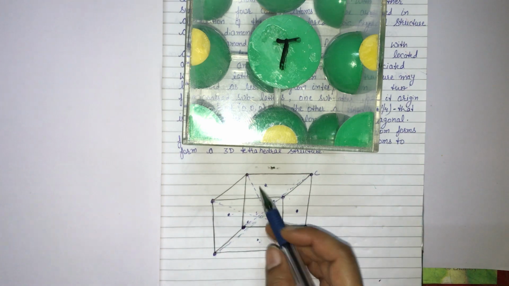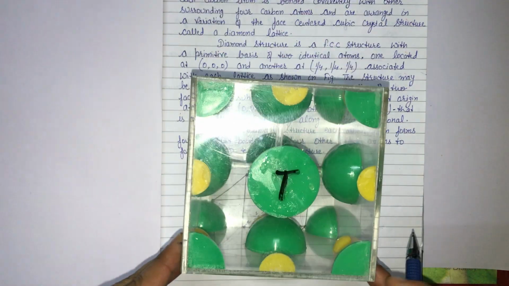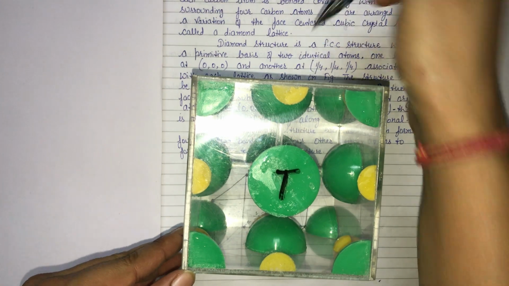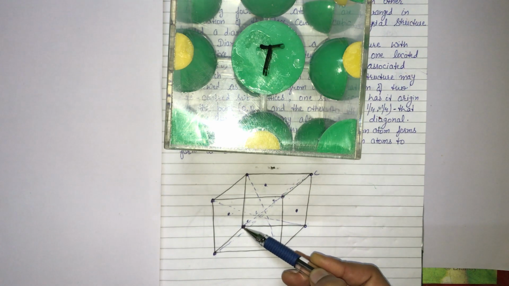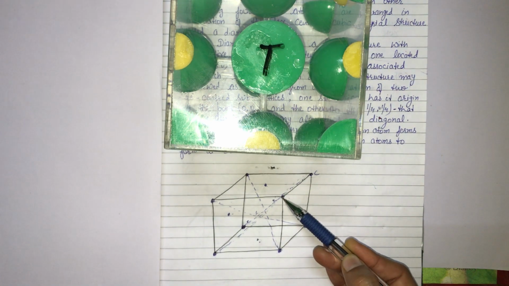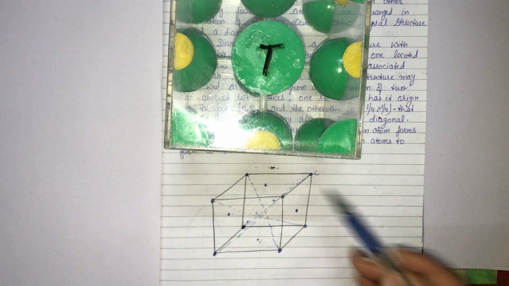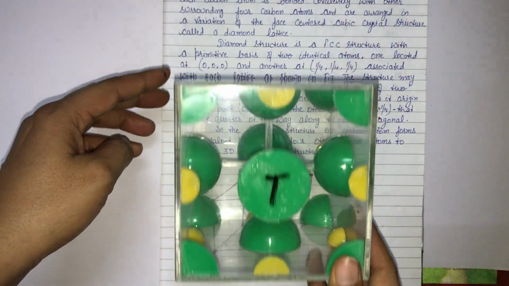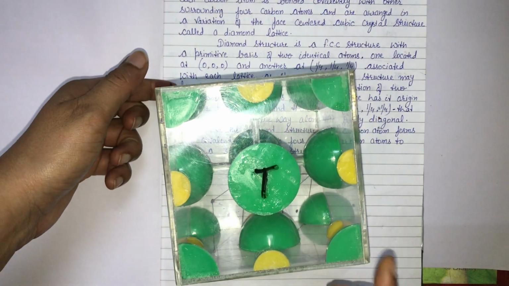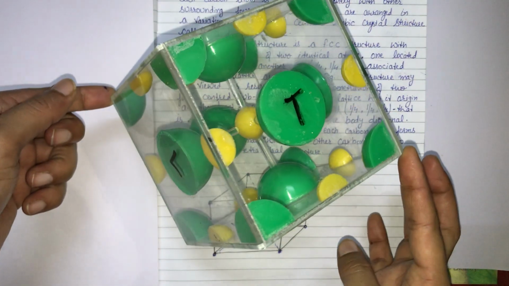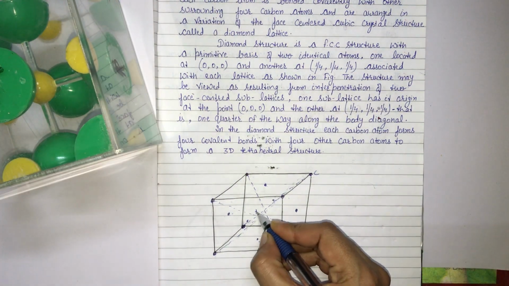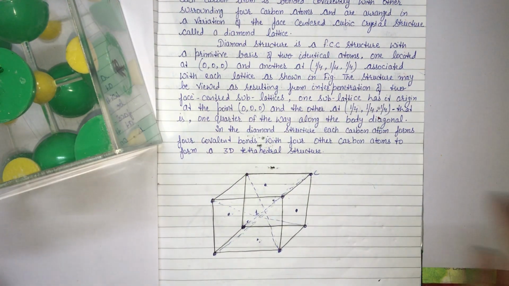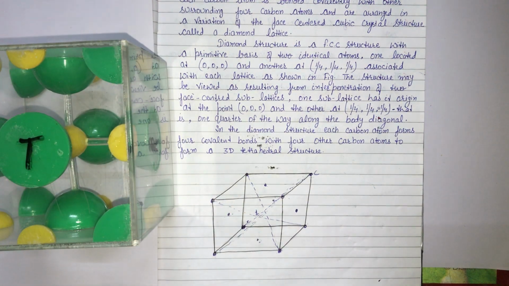For this, this is the back face in this model. Clear? If the back face, left side and bottom point is joined with the front face, right side, top point, you can mark that if I join this point with this point, then this will make 1 body diagonal. Clear? So suppose this is the first body diagonal. Clear? So now mark the second body diagonal.